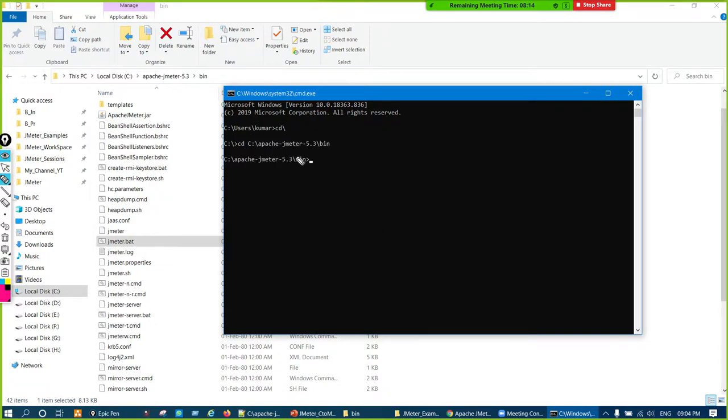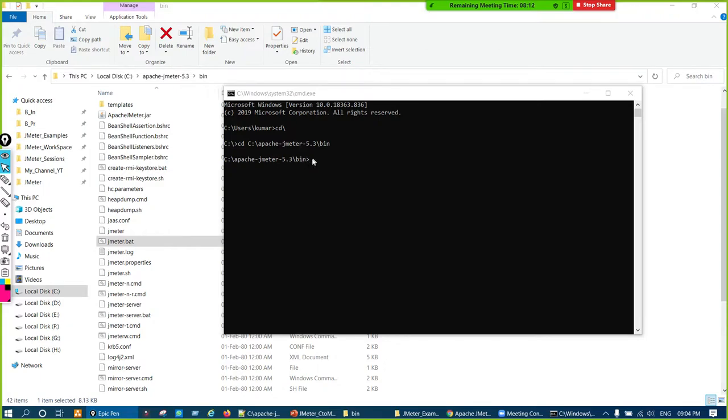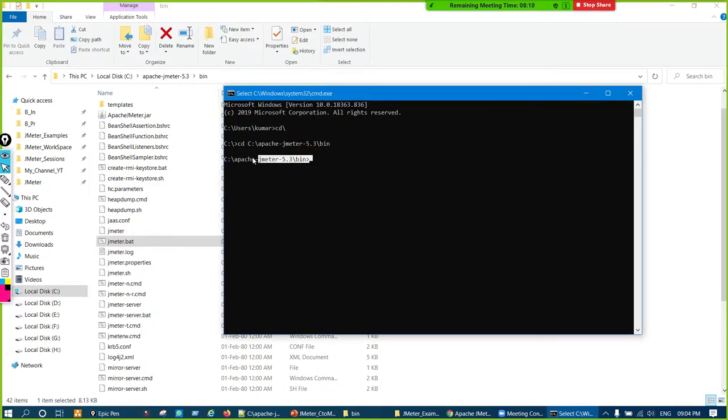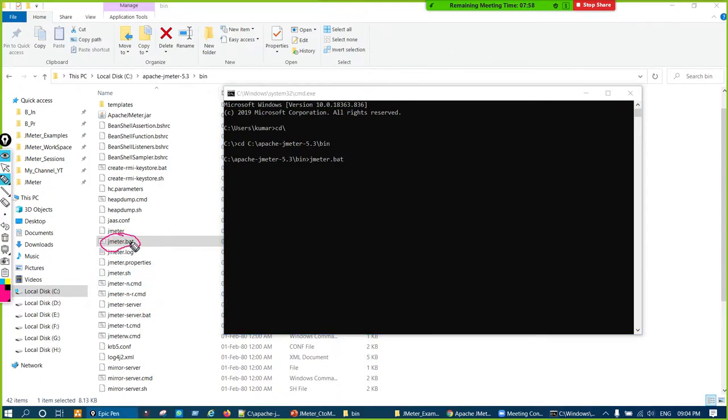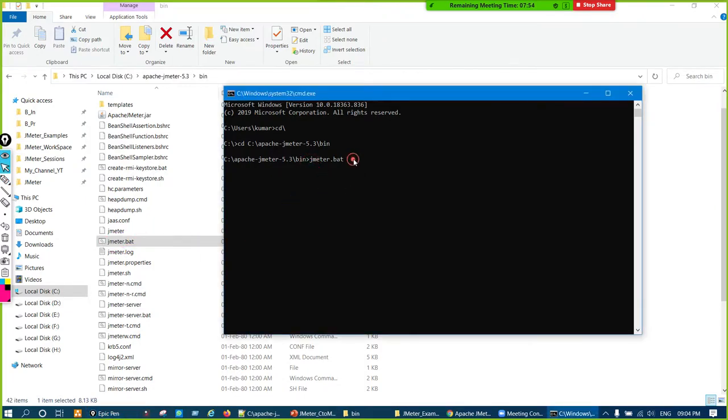So it's pointing to the bin directory. Now type here jmeter.bat, the whole file name with the file extension, and then hit the enter button.